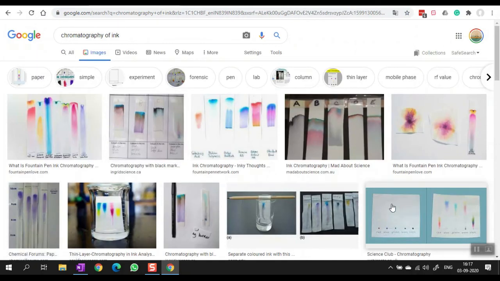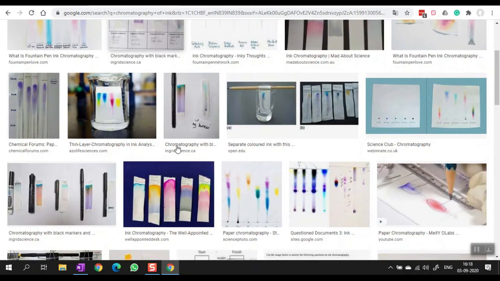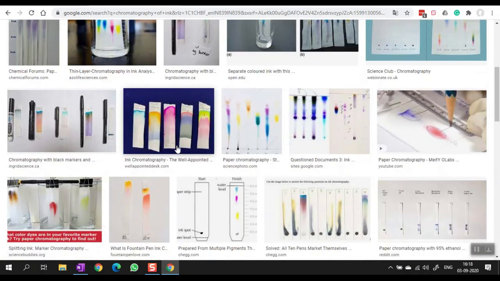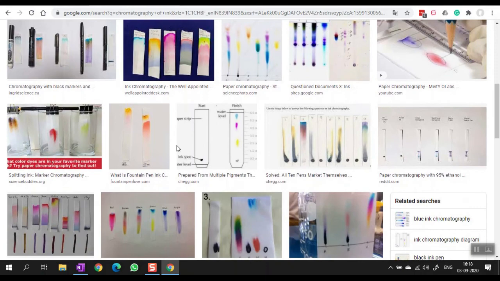Do you see these different samples of paper? Now, in any of the paper, do you see dots? No. But there are different shades of color which get spread throughout the paper as water rises into the paper. You don't get exactly a single color. So you can say all different pens, the ink which they contain, they are made up of different colors, and these colors are obtained as different components on this chromatography paper.